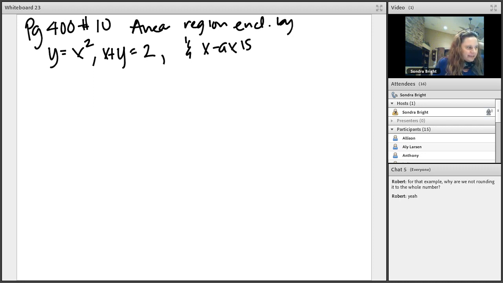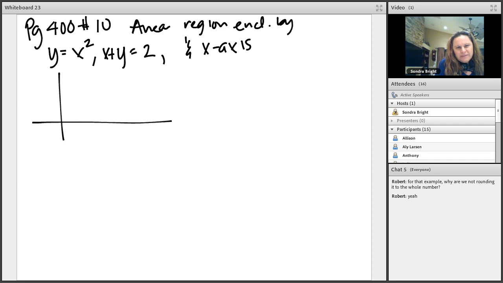And we did ones like this in class, definitely in the notes, right? So the picture of this looks like... And actually in the book it gave it to you. We're going to make you draw pretty close to all of them. So y equals x squared is going to look like,